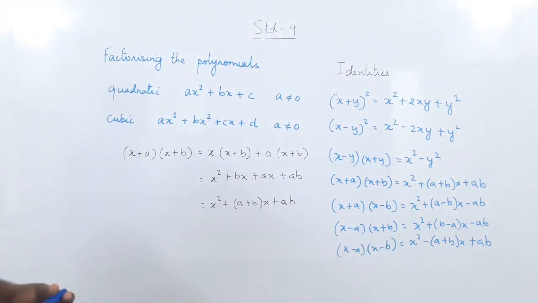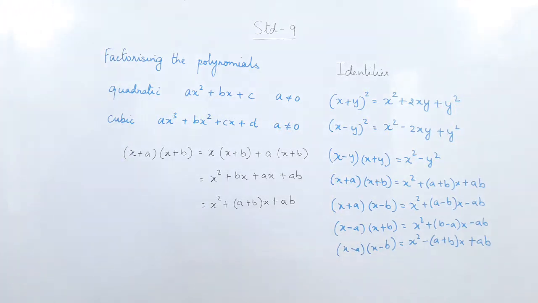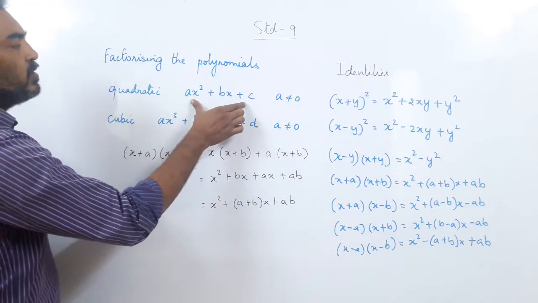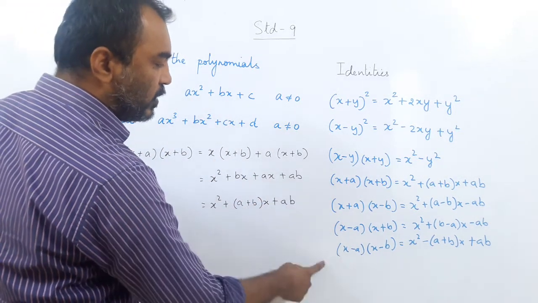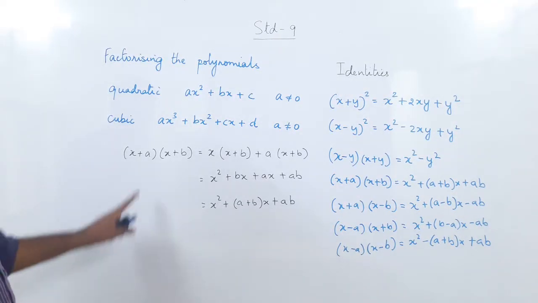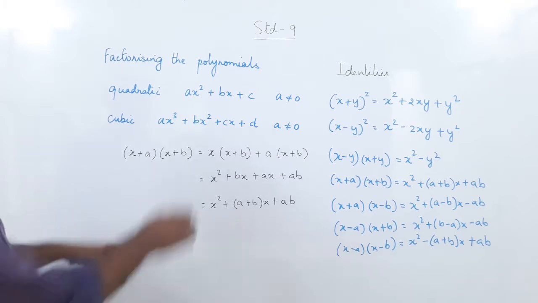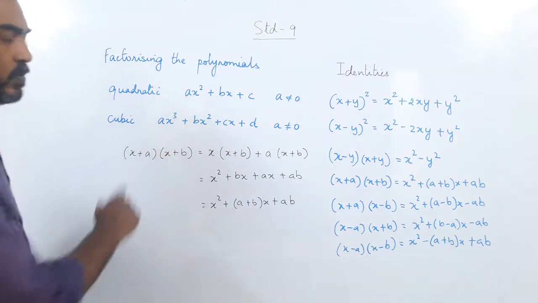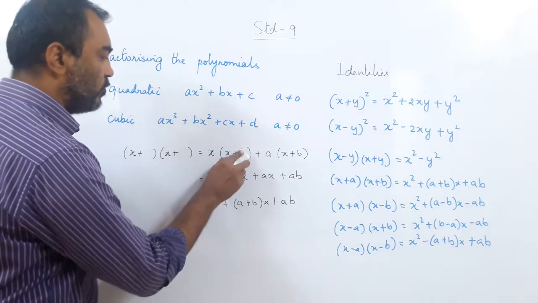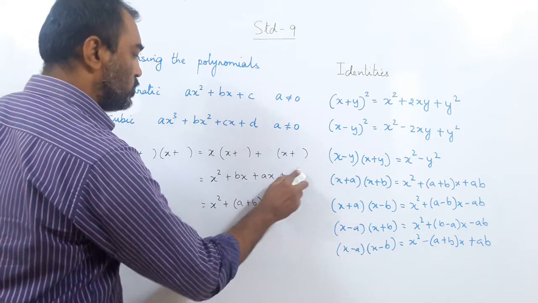Right? So I have expanded for you all the identities. Now, some of you must have realized very quickly that what we did here is actually splitting the middle term. Did you notice this? What we did here is actually splitting the middle term. How is it splitting the middle term? Okay, now here I used ab. Don't confuse this ab with this. This ab is a separate ab and this is a separate ab. I should use something else. I should have used c plus d. Yes, I should have used c plus d.